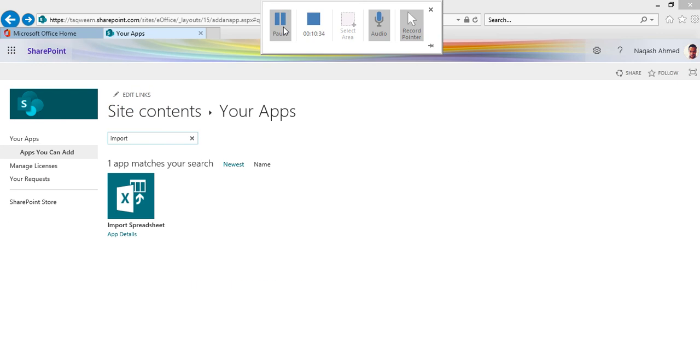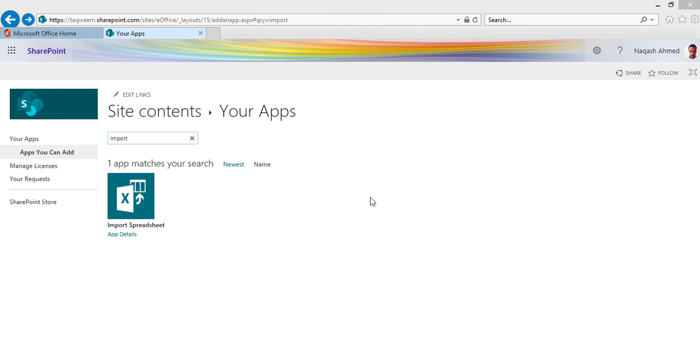Sorry guys, I have to redo it all in my Internet Explorer because my Chrome doesn't have the extensions for ActiveX controls. And just as a reminder, if you are importing any spreadsheet into a SharePoint list, you need to have an ActiveX control in your browser. So I would highly prefer you to use Internet Explorer, either 10 or 11. So I'm just logged in once again to my Internet Explorer, and here is the site contents and the application. So let me click on import spreadsheet once again,